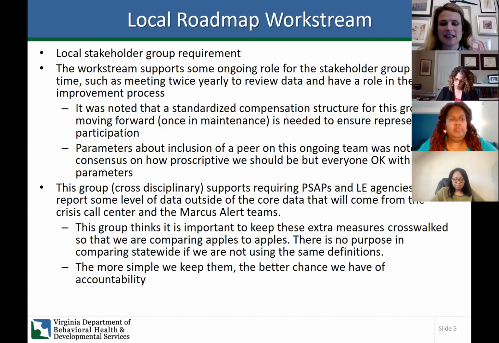But some kind of entity that is related to this group we're in now, that also has some formal roles. For example, if the Black-led coalition, assuming that's in the final plan, the lead of that coalition would have a seat at that review table. Essentially that entity also would review data twice yearly, and they would provide a written piece to that final report that goes to the General Assembly. So again, just connecting those dots between quality improvement and setting goals, but so